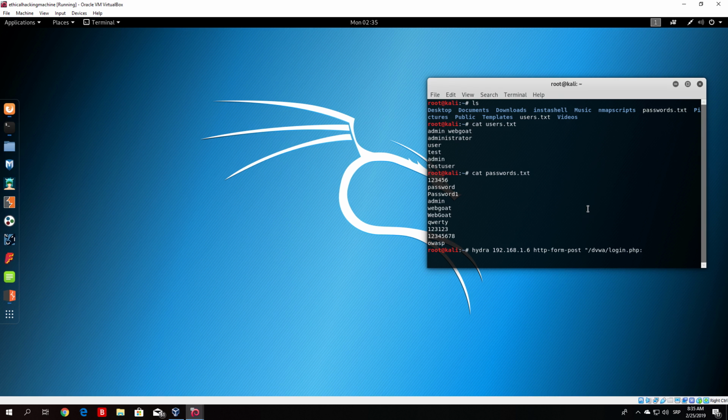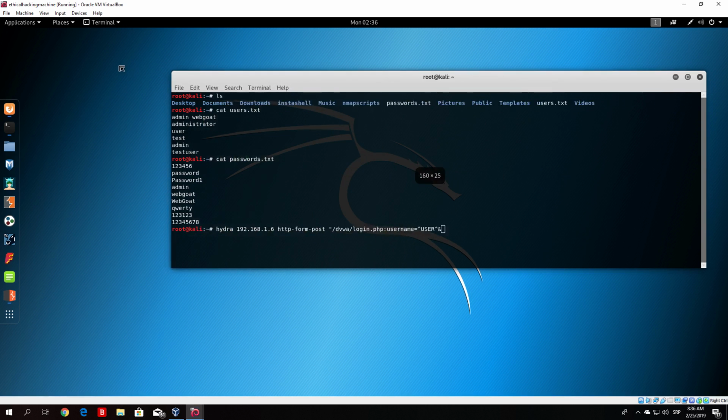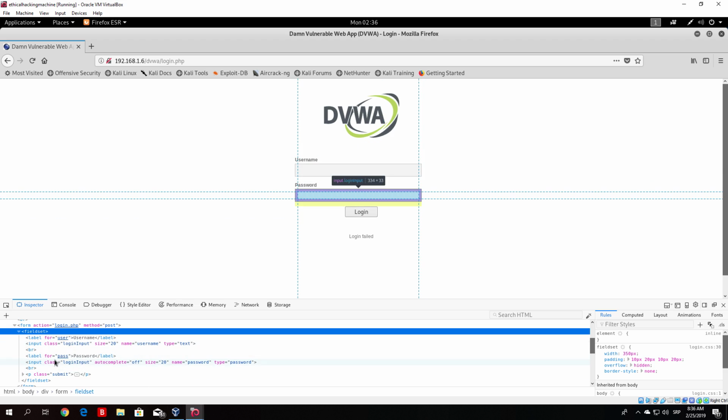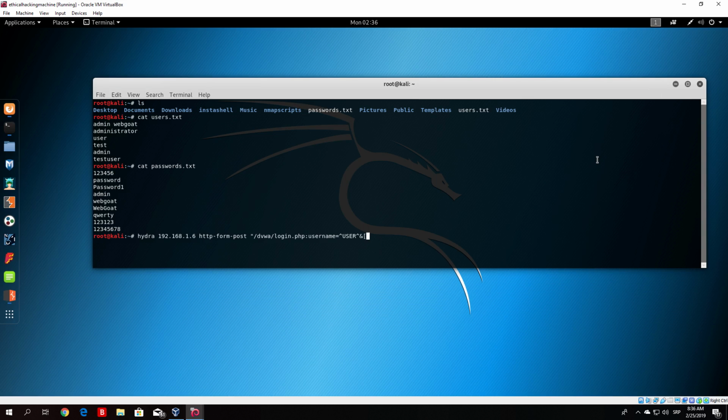So we divide these two with the two dots. So we type here username equals, the upper arrow, then user, the upper arrow, this sign. Let me make this larger so you can see the entire command. Okay, so then after that we want to see what is the name of the password field, which is probably going to be password. Name, password. So the name of the password field is password, so we specify right here password equals, again, upper arrow, pass, upper arrow,